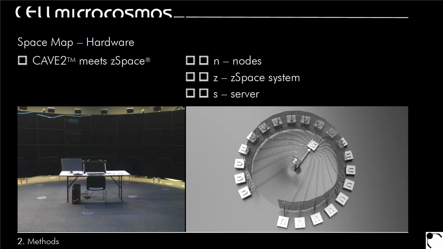So you have here 20 different node computers, and each of these nodes is connected to 4 different monitors. And each of these nodes is connected to a server. And this is a normal Cave 2 configuration. And here you have now also the communication between the zSpace system, which you see actually here, and the server, which is, again, communicating with the nodes. You see here it's not completely 360 degrees, it's 330 degrees, so here this is the entrance. Here, in addition, you see also a 2D monitor attached to the system. This was especially used for our evaluation, which I will talk about on the next slides.